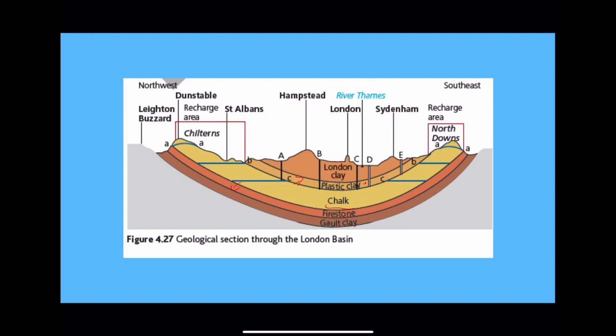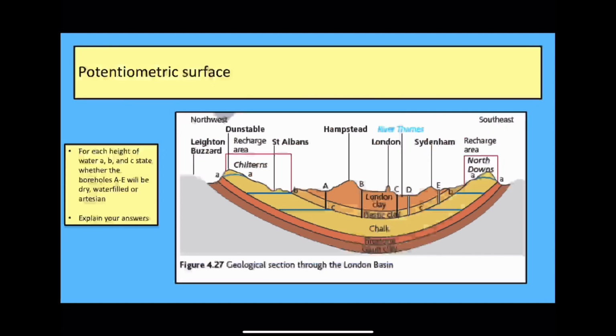So in this example, we've got different water heights. We've got this lowercase a. So the potentiometric surface for A would essentially be up here. Okay. So if the water wasn't being confined by the clay, the water would be able to rise to that height. Okay. So what we want to do for this task, for this diagram, is figure out